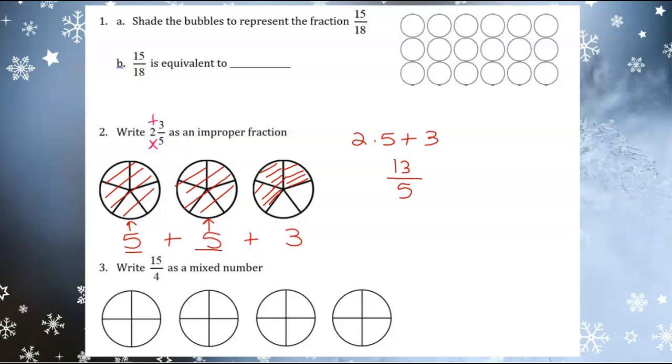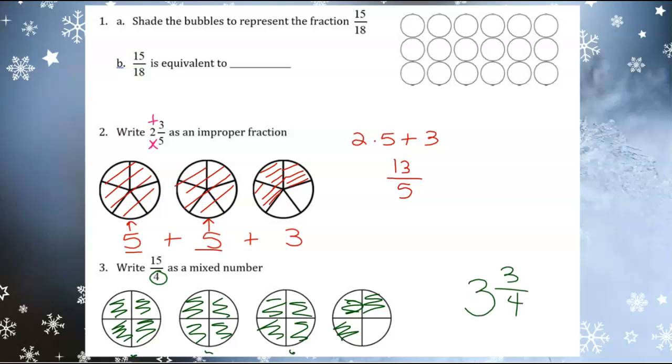Now to write 15 out of 4 as a mixed number, well, 4 is what a whole is. So I have 15 of these I need to shade in. So there's 4, 5, 6, 7, 8, 9, 10, 11, 12, 13, 14, 15. So I have 1, 2, 3 wholes and 3 out of 4 pieces on that last